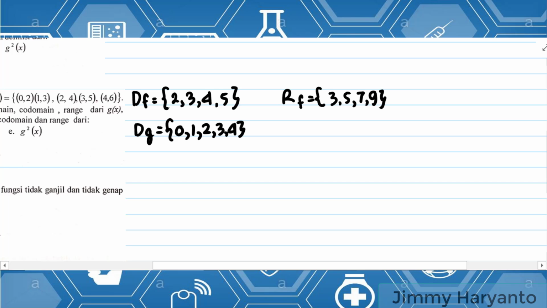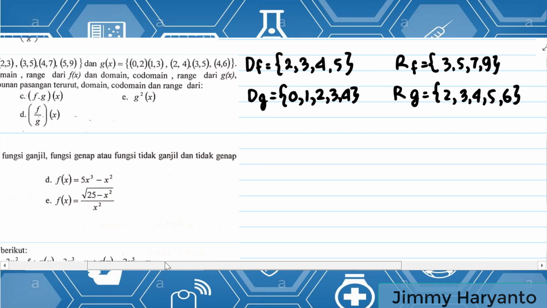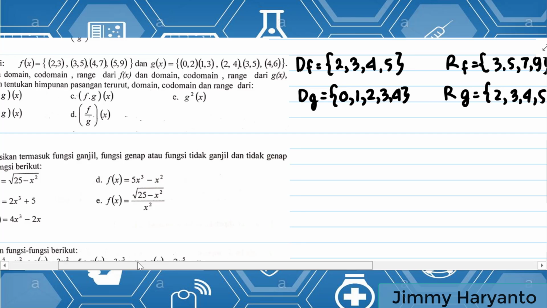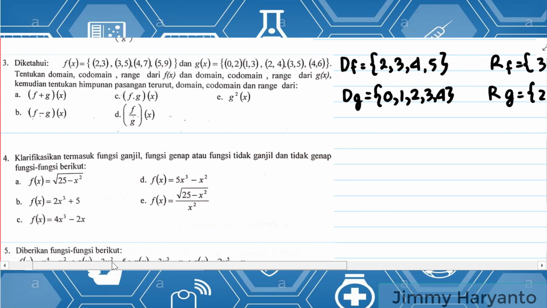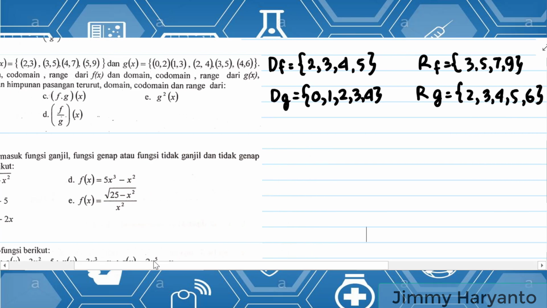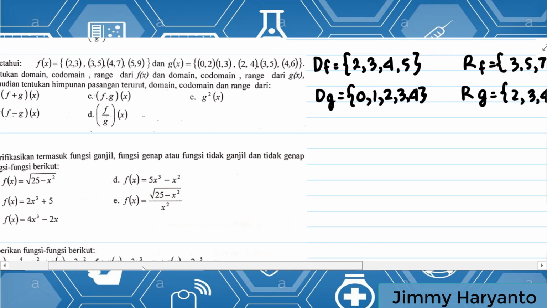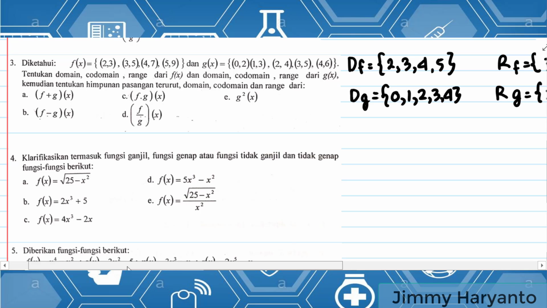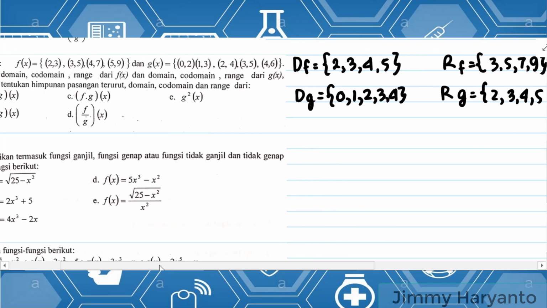And then the range of g(x) will be 2, 3, 4, 5, and 6. Okay, that is all the questions given to us: the domain of f and g, the range of f and g, and then we have to find f plus g. For the codomain you don't have to do it, because it's the same as the range. Okay, so with the domain